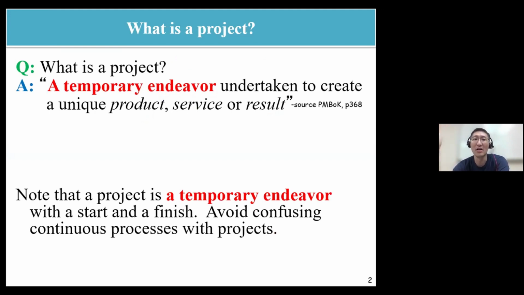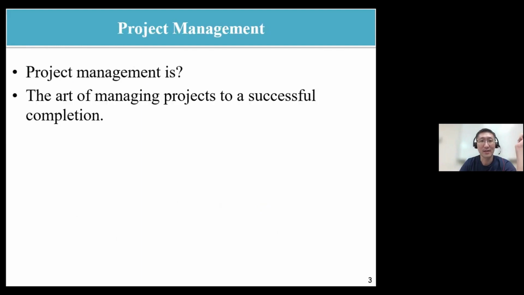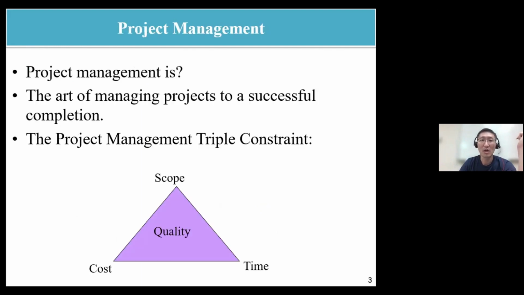This is not for an established process. This is not for routine factory work, but it's just with limited resources. How are you going to manage this project? In reality, we have to consider that we have limited resources. For example, in this diagram, we have three factors. We can consider the scope of our project as one of the resources, and then the cost, the money, is one of the resources, and also we have limited time.